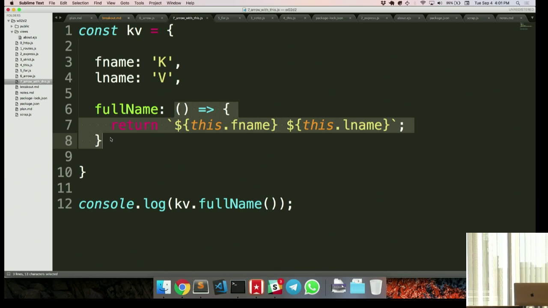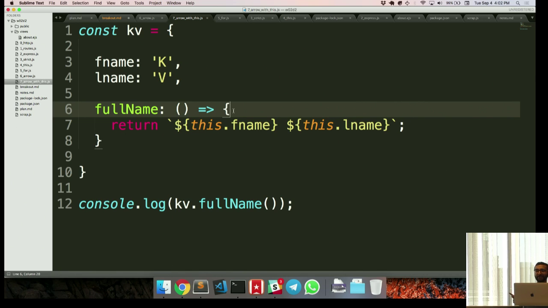Yep. Or do you get, yeah, you don't get the global object, but you're in... Yeah, so that's why you're getting, actually that might be why you're not getting an error, because this is not undefined, this is some kind of global object. So perhaps if fname existed on the global object, then that would actually not be undefined, but a value. That's interesting, but when you console log this by itself in an arrow, you get an empty object, not the global object.